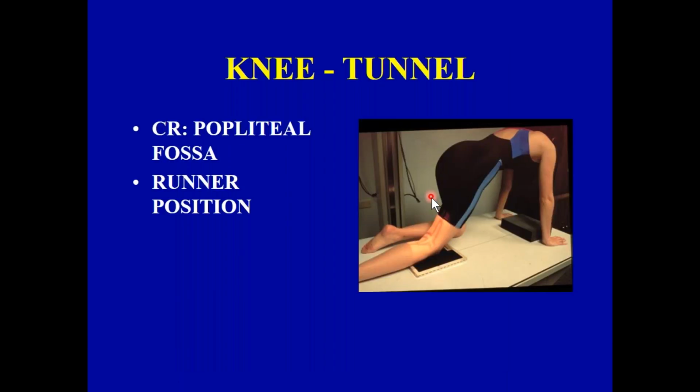You can do this tunnel view, not necessarily on a table. It can be done on the rug. Again, your tube is here. It's coming straight down into the knee joint, and in this case, the patient is doing all the work for you. They're bending the leg. This is an ancillary view, meaning it happens